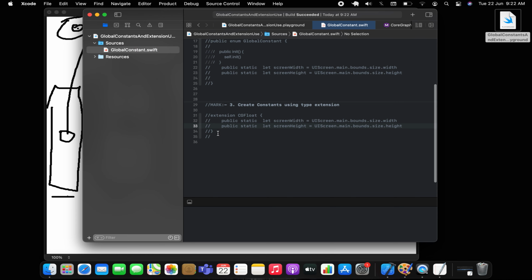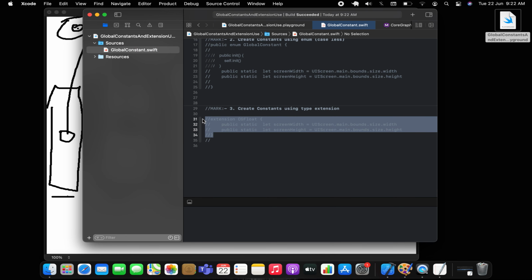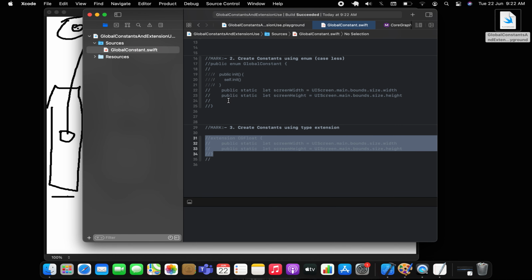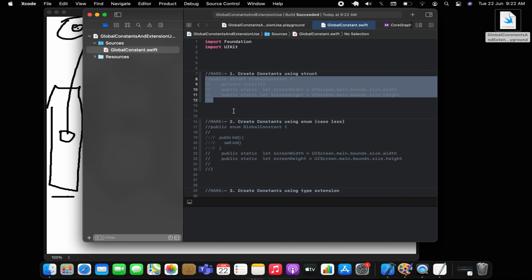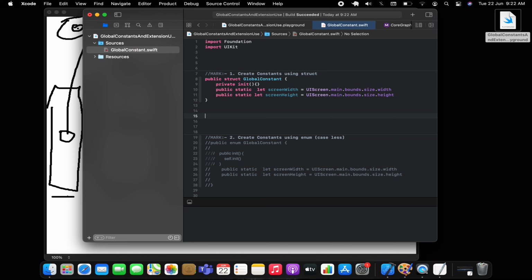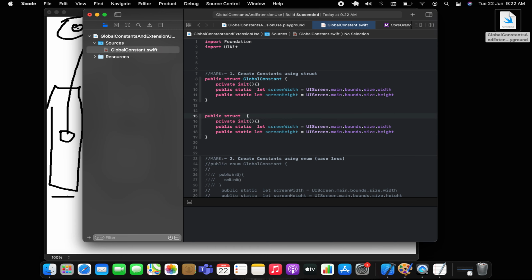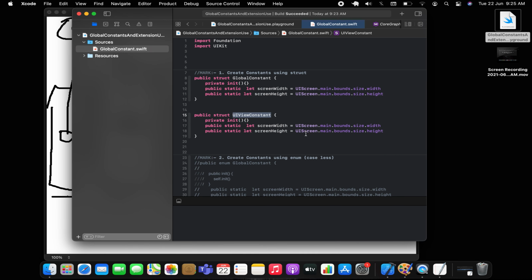The last thing I want to tell you: if there is a big list of constants, then preferably you can go with the struct, and these are the global constant names. But it will not be appropriate if you are creating UI components. If you want to change the UIView background color for the entire application, you will say UIViewConstants, right? It should not be a general name, because you are creating constants for UIView, so you need to create the properties belonging to